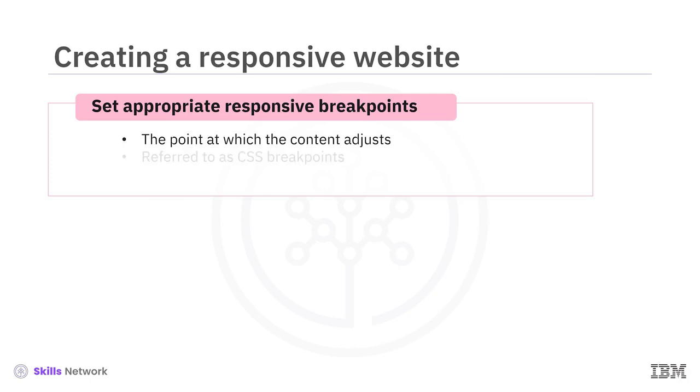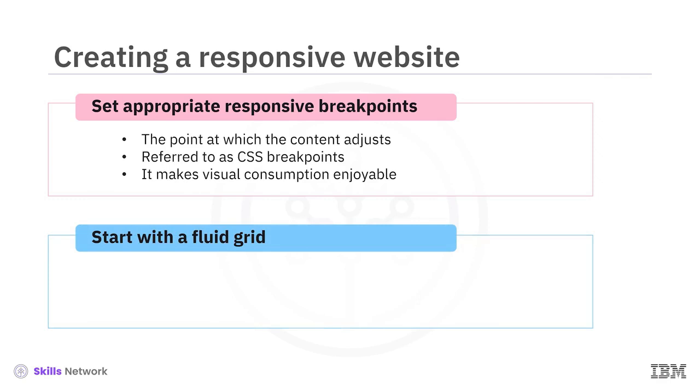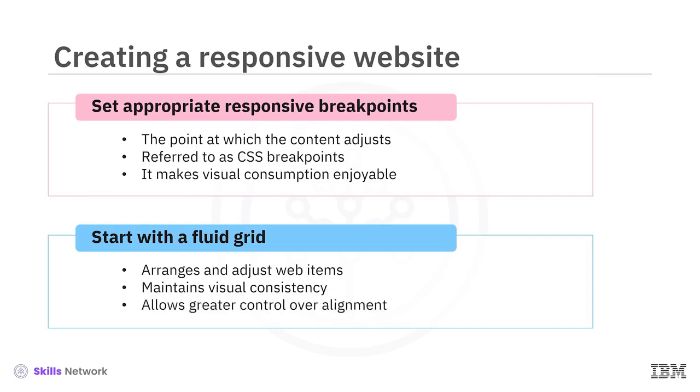These are also known as CSS breakpoints or media query breakpoints. The website design and content respond to these points and adapt to the screen size to present it in a way that engages the user and makes visual consumption more enjoyable. A fluid grid position arranges and adjusts web items on a site according to the screen size it must display on. The fluid grid sets up columns that scale the height and width rather than fixing them in set dimensions. It also helps maintain a site's visual consistency across multiple devices and gives you more control over alignments and quicker